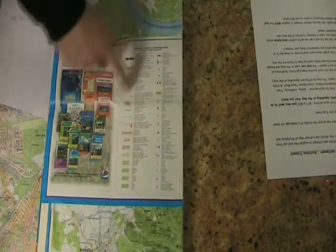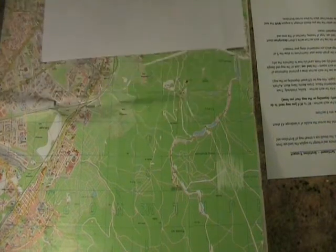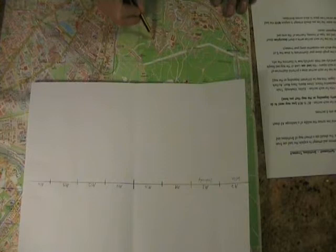Okay, don't forget that the key is really useful, because that tells you about the different land uses that you'll find within the square. So you should be using the key for this section and drawing your own pictures. So in 7, for example, we've got